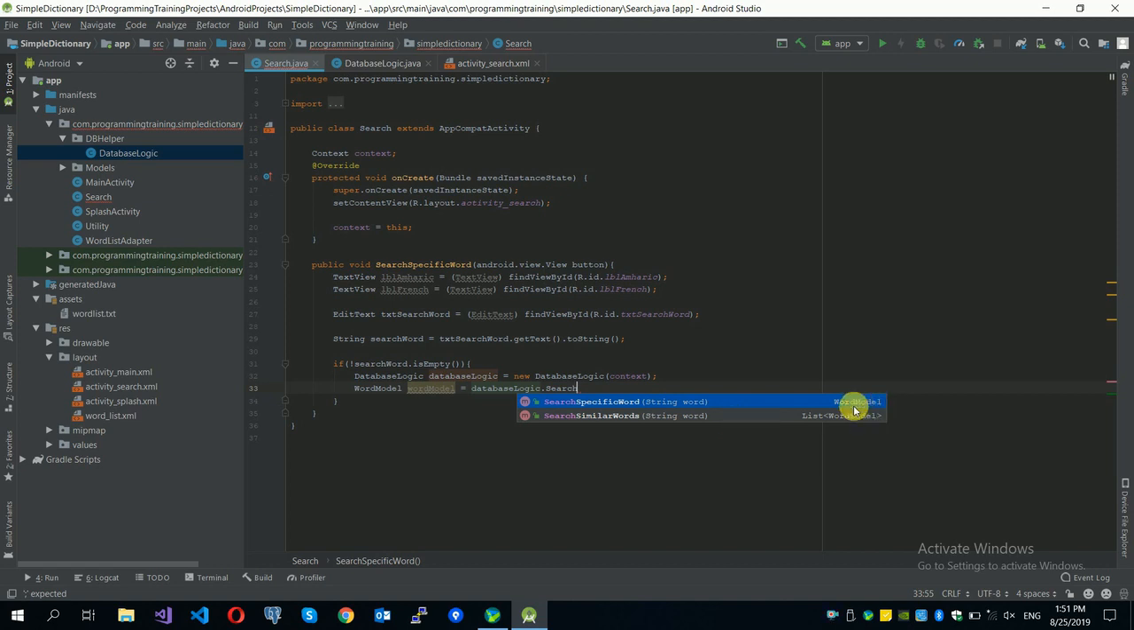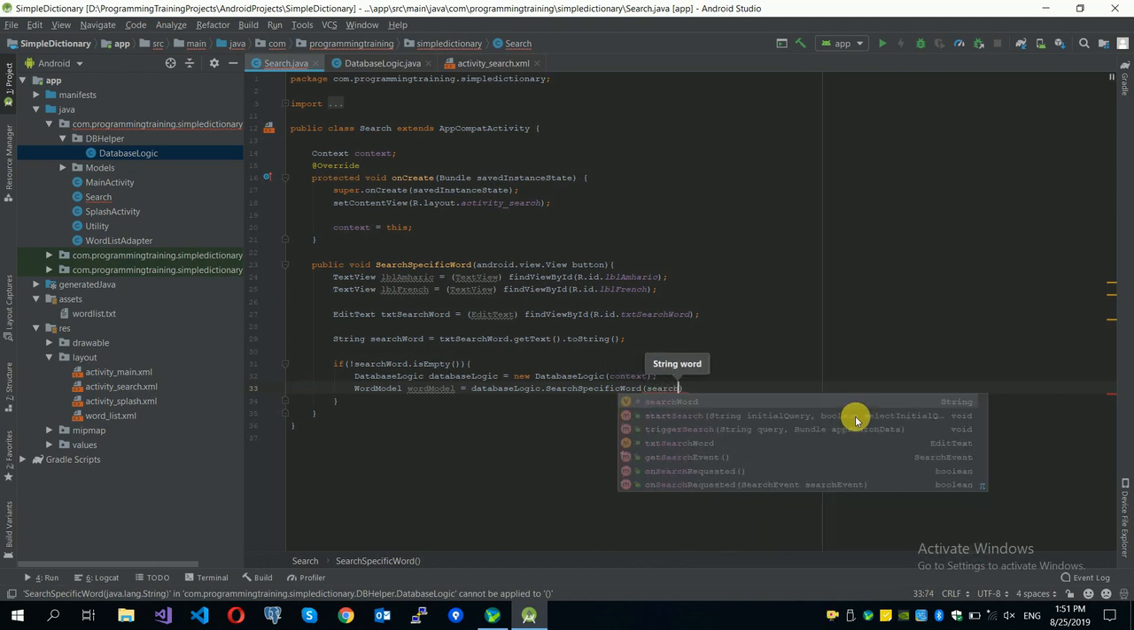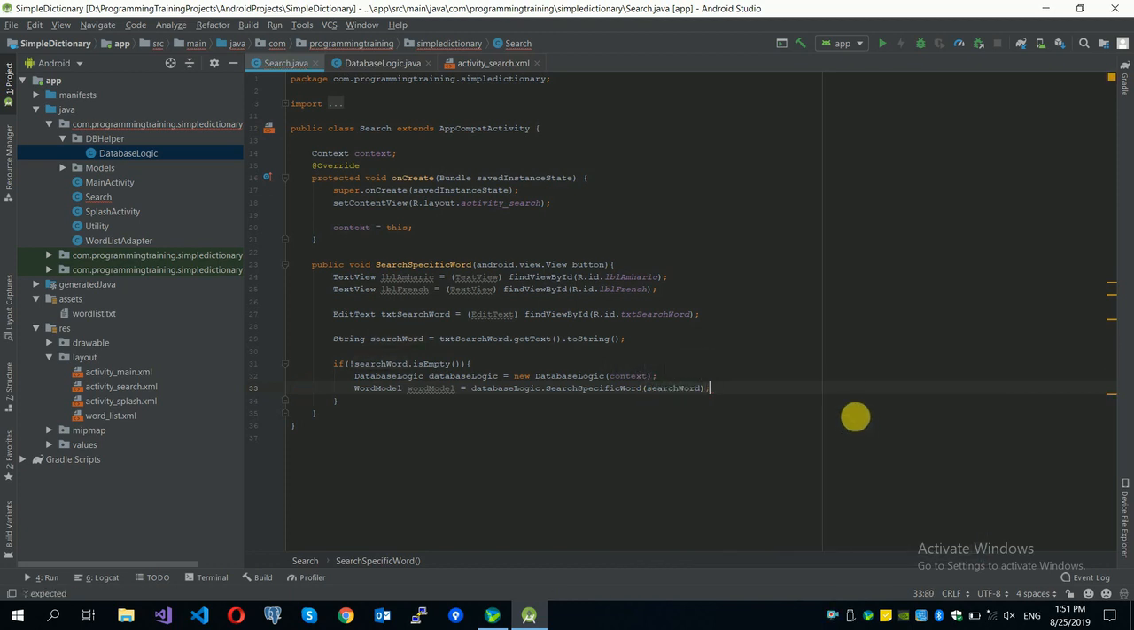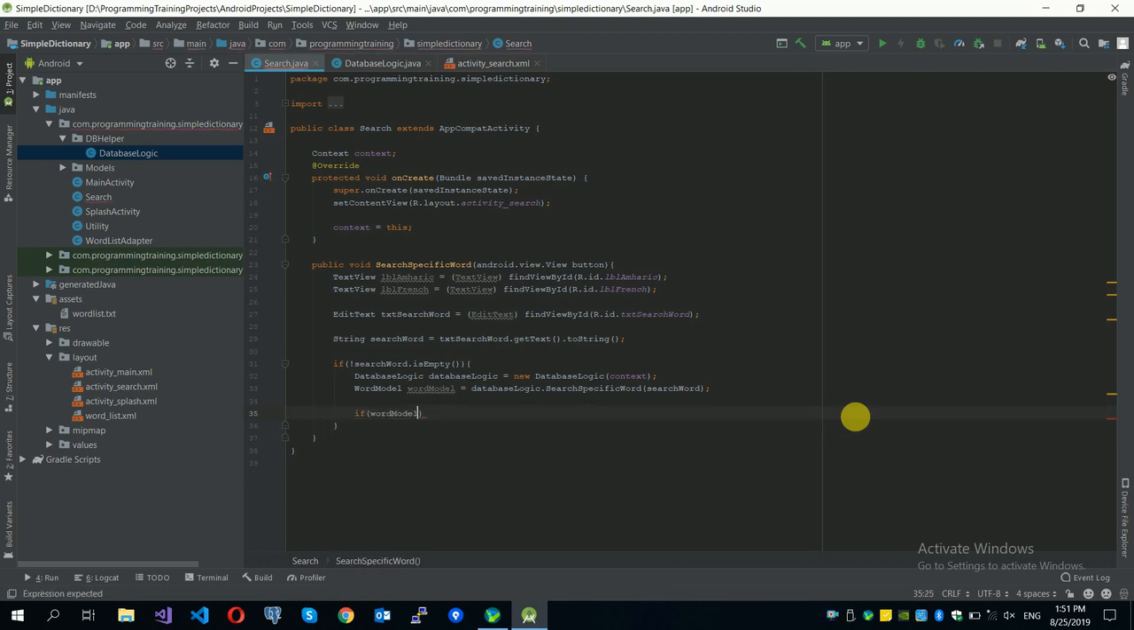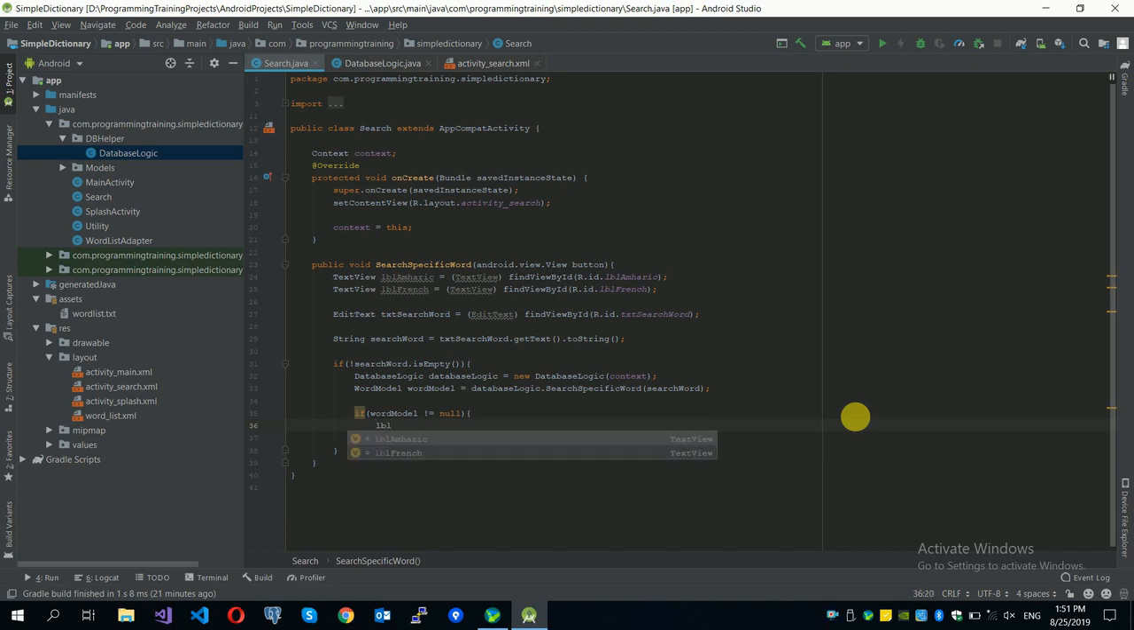In our next search we might use list of words so that we can get similar words, but right now I'm going to search for a specific word. So if word model is not null, which means we've managed to find a word with the given search input from the user. So if we have anything to show to the user, then